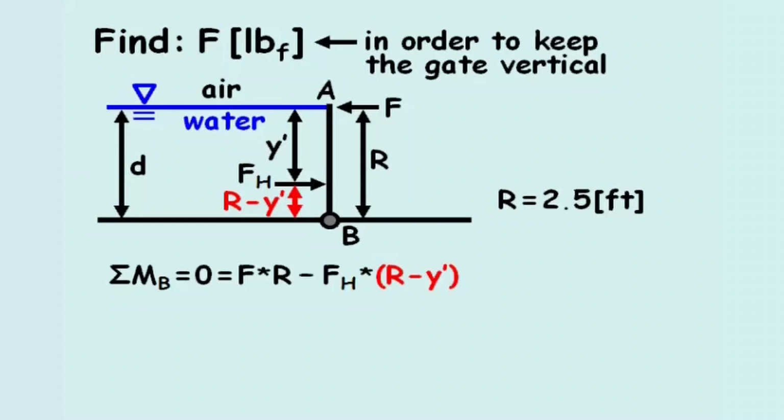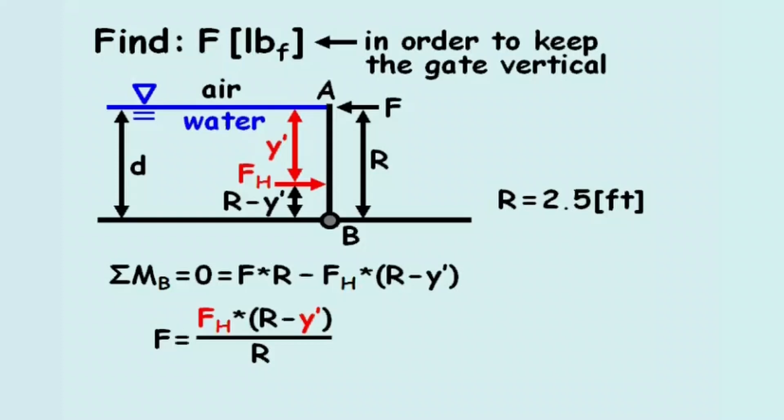If we solve for the force, F, we're left with an equation involving the variables Fh, r, and y prime. Since we already know the radius of the gate, r, we only need to solve for the variables Fh and